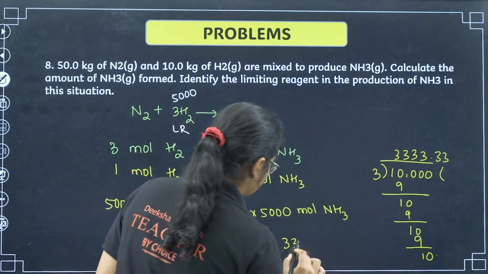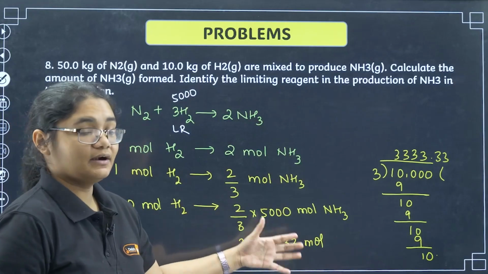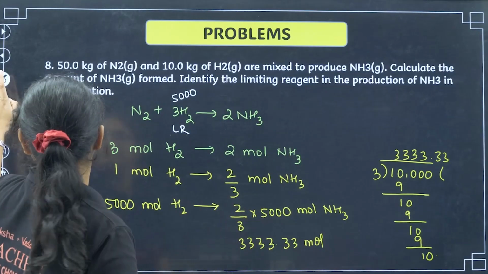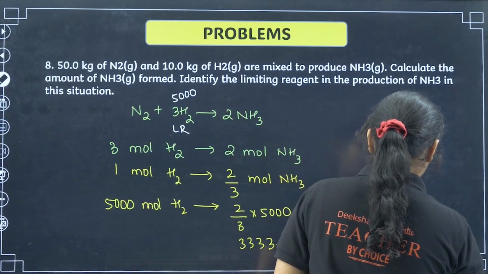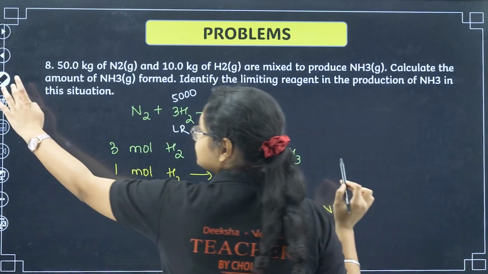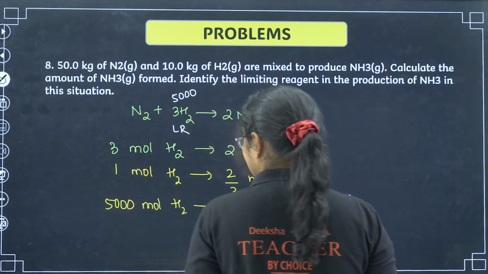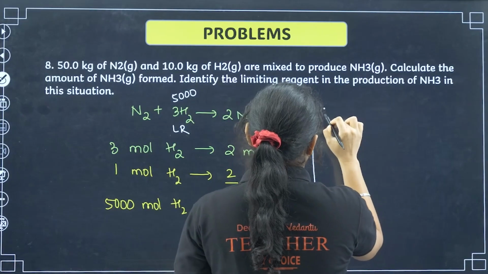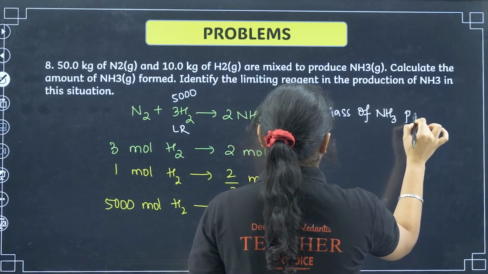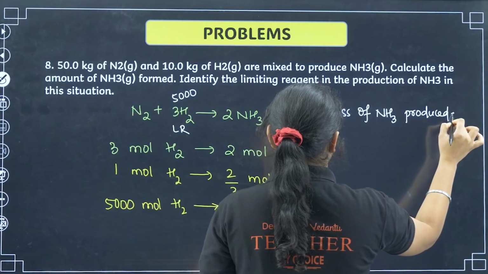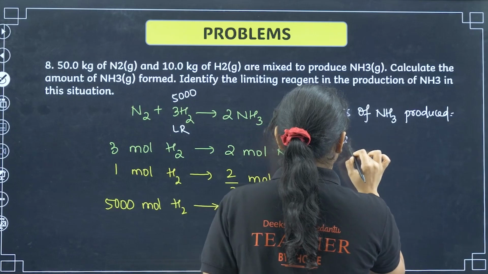3333.33. Okay, these many moles of NH3 will be produced, but we also have to convert it into mass, because the question has to be answered in terms of mass as well. So what we can do here is convert these moles to mass. Mass of NH3 produced will be equal to what? Number of moles into molar mass. Its molar mass is 17, so that is equal to